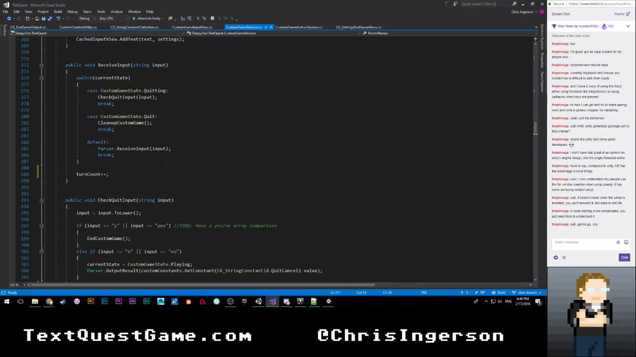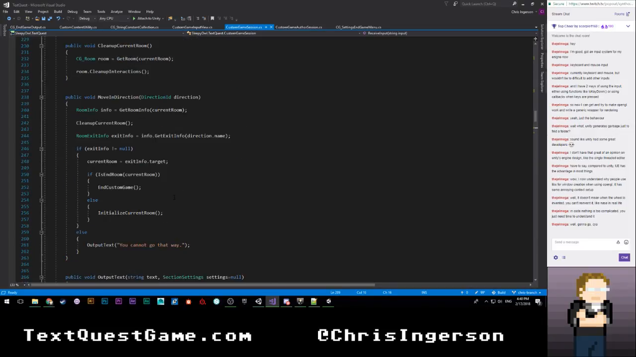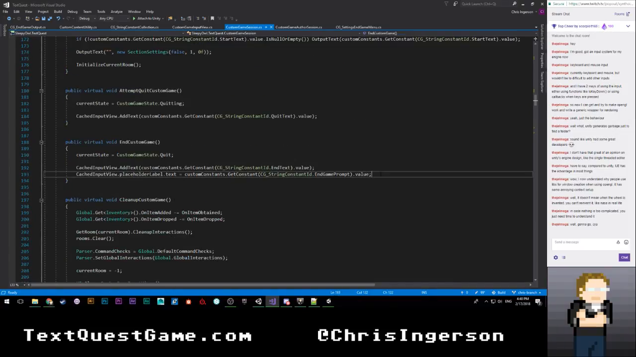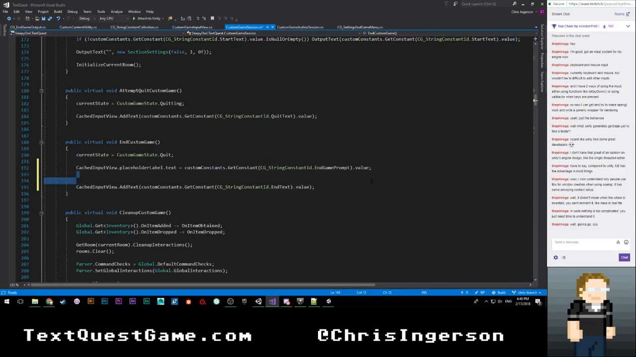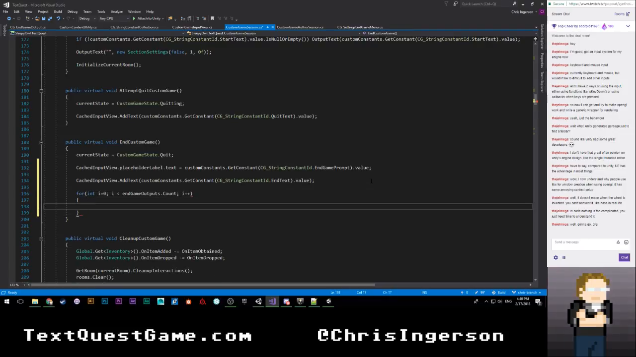So currently what we need to do is, when we end our game, we need to loop through our in-game outputs and do specific things with them. So for now, I think that should be up here. Yep, here we are. So we're going to move this extra white space, come down here. We're going to say for int i equals 0, i is less than end game outputs dot count, i plus plus. All right, and then we're going to say